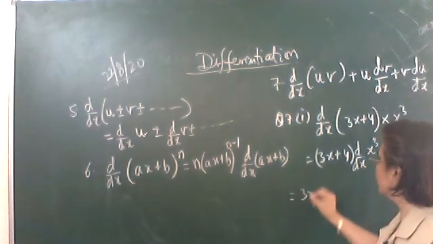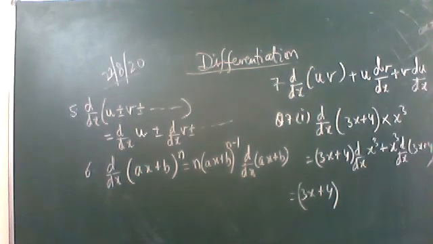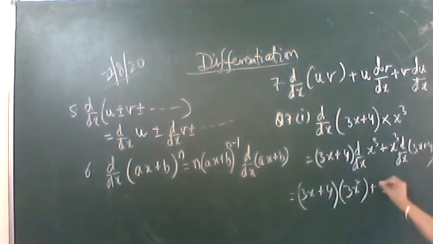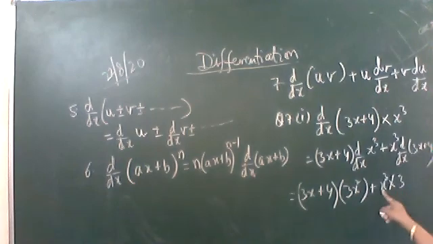Okay, so it is 3x plus 4. I think everyone knows d by dx of x cube is 3x square, plus x cube multiplied by d by dx of 3x plus 4. D by dx of 3x is 3 and d by dx of 4 is 0. So 3x cube is the second term. No need to further simplify it. We are not doing mathematics, we are only trying to understand these formulas.